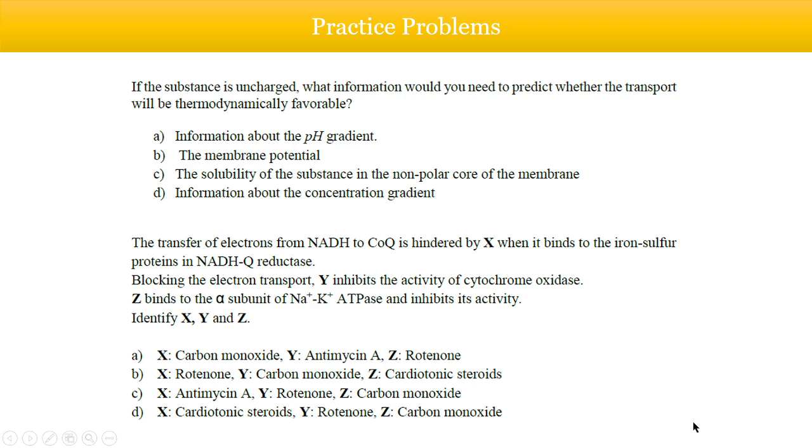So the first thing happens in complex 1, where rotenone is a known component for inhibiting the transfer of electrons from NADH to coenzyme Q. Carbon monoxide is a very hazardous gas that also blocks the electron transport and inhibits the activity of cytochrome oxidase. And then there are some cardiotonic steroids that bind to alpha subunits